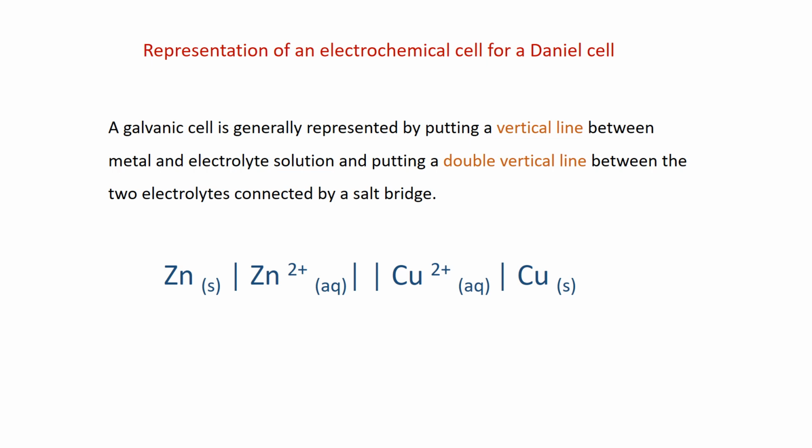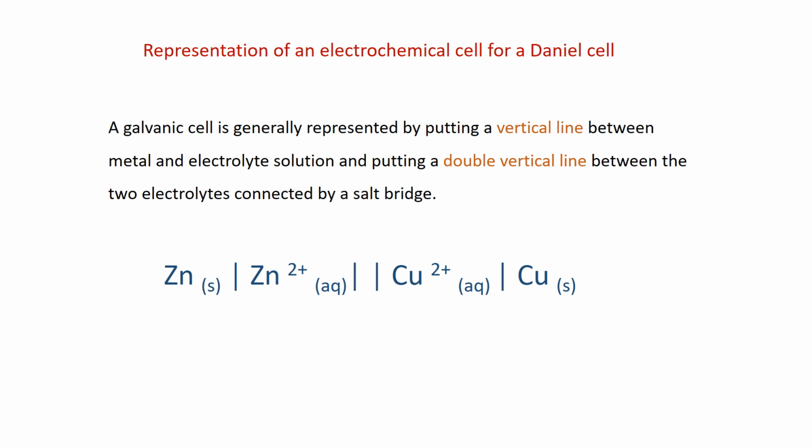Representation of an electrochemical cell. We have seen the reaction between zinc and copper for the Daniell cell. How can it be represented in written form? For zinc, it should be represented on the left-hand side as solid zinc. The anode is represented on the left, and its ion is